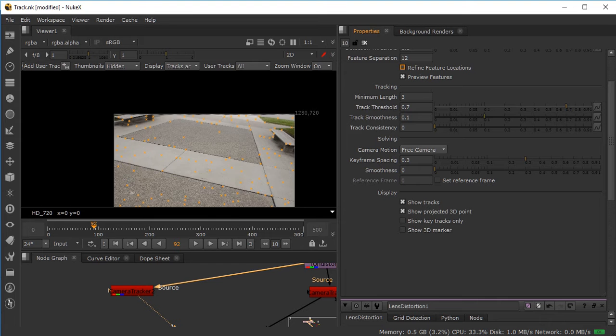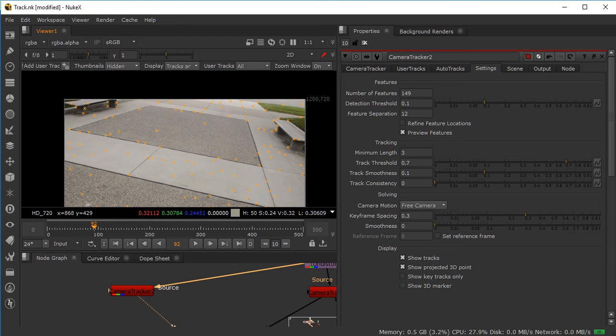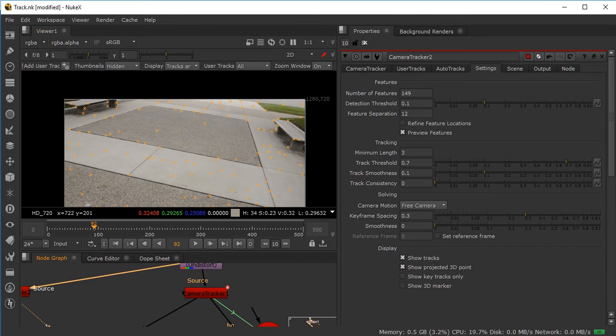Come on, just update so we can see what you're doing. There you go. So these are all the tracks that it's going to do. It's going to try to follow every single one of these points, every single frame, okay? What that looks like after it's done,